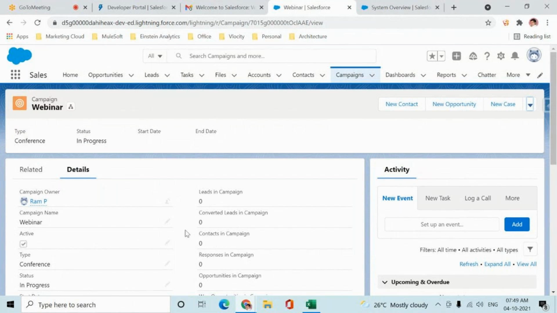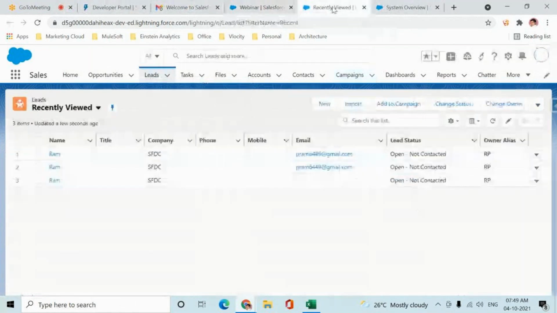By looking at this webinar, let us say I got one inquiry. Mr. Shiva, he wants to buy the product for his organization. So to capture the inquiries, we need to capture the inquiries also, right? To capture the information of inquiries, I'll go with a tab called Lead. Lead is a place where we'll capture the inquiry information.